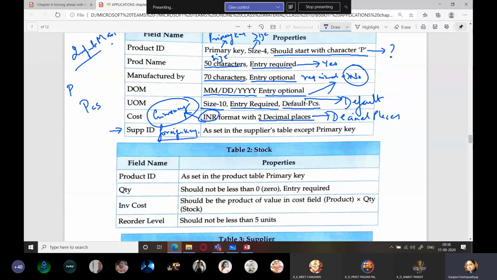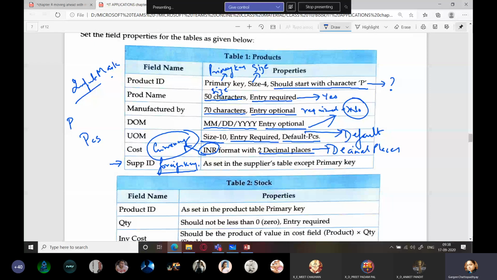Now when I say foreign key, it means one product can be supplied by more than one supplier. Do you agree or not? If it is Lux soap, is it necessary that only one supplier will give me the best price and I will not get Lux soap anywhere else? Is it possible? Answer is no. I will get Lux soap from n number of suppliers in Bhopal.